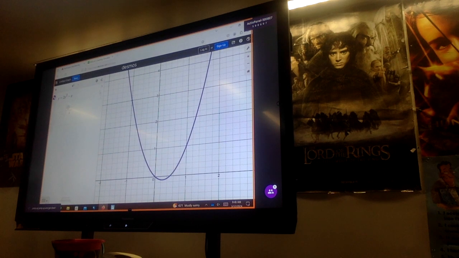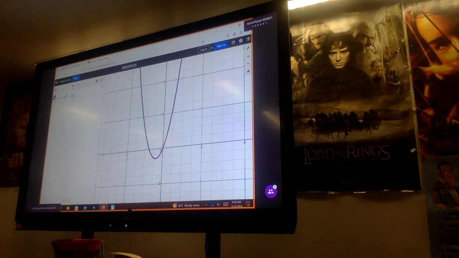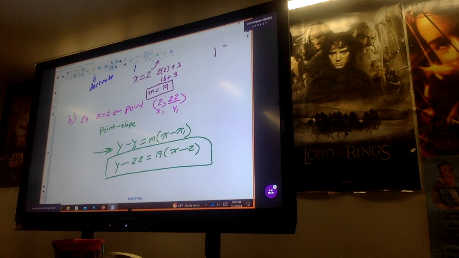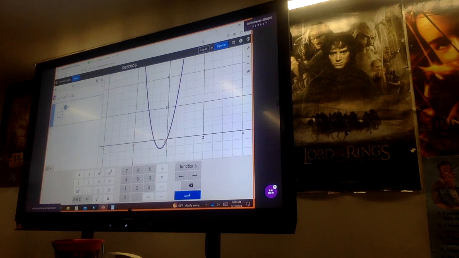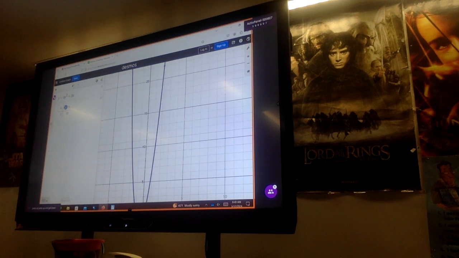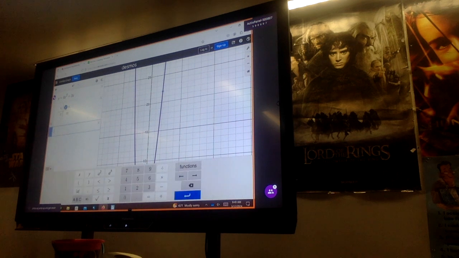Alright, so let's clear this. Go y equals 4x squared plus 3x. So here is my graph. I know that I have a point of 2 comma 22. So I'm going to come up to this point. So here's my point 2 comma 22. And then I'm going to plug in my